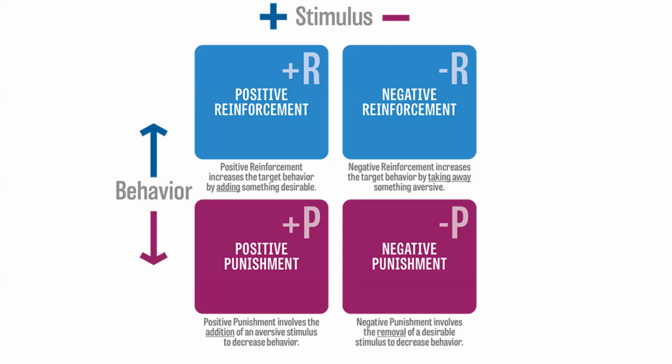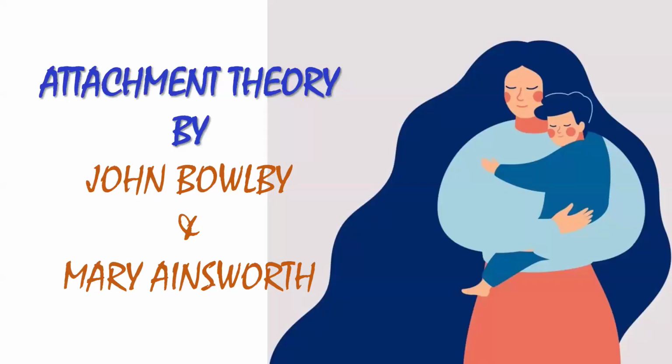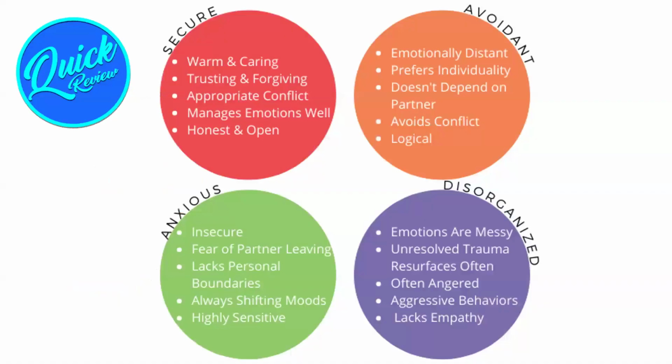Next, we have attachment theory by John Bowlby and Mary Ainsworth. So in this theory, what is actually happening? Why are two names there? John Bowlby gave the theoretical part of the attachment theory, and Mary Ainsworth did the experiment of the theory. So the kinds of attachment they have given are